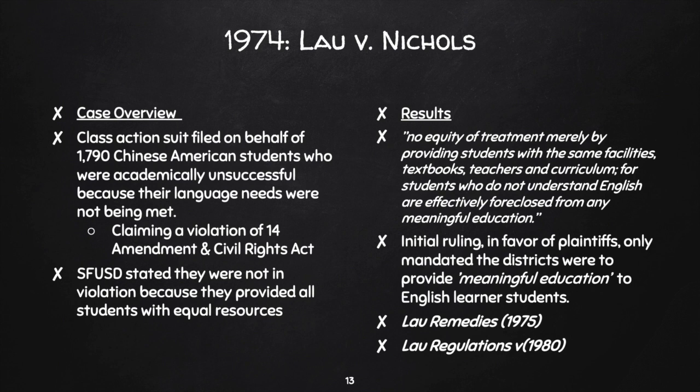So what the judge's ruling really stated was that English learners have a specialized need. Their needs are not the same as other students. And if the resources that they're being provided with, including facilities, textbooks, teachers, and curriculum, do not target those special needs, then they're being foreclosed from any quote unquote meaningful education. They don't have access to the education because the resources that they have do them no good. What good does a textbook or a teacher or a curriculum that is only in English do for a student who speaks no English?